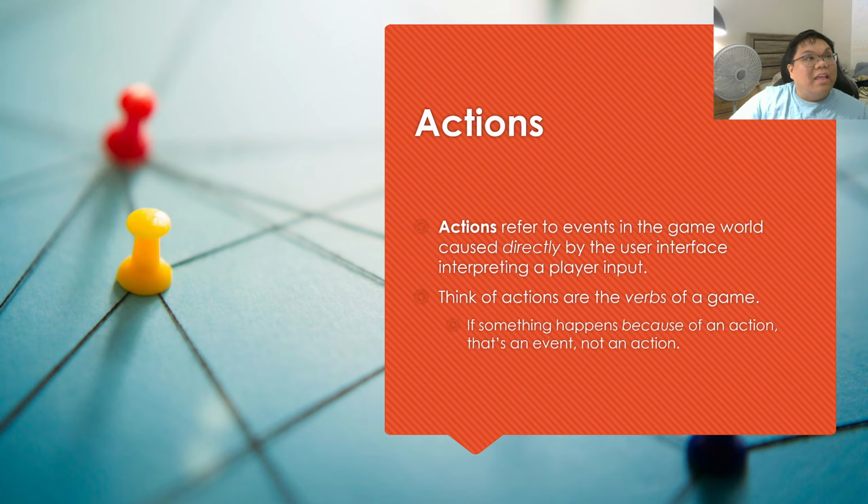The player can swing a sword, and then that causes leaves and bugs to fall out of a tree. That is an event because it isn't directly caused, it's indirectly caused by the player. The player doesn't make the tree drop bugs and such. The player swings a sword that then causes leaves and bugs to fall out of the tree.